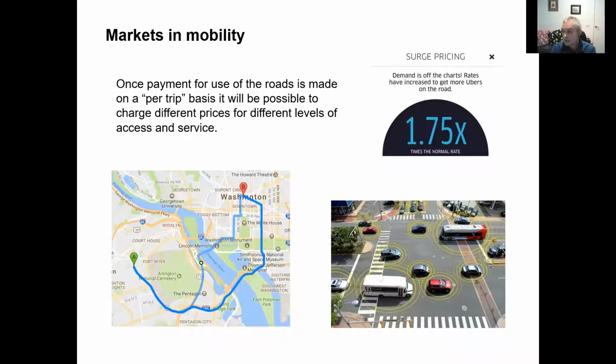And this would be a system built explicitly for this purpose, to be able to enable pricing per trip and the sort of individual management of trips on the roads. So under this model, in the simplest case, we might end up with people who pay more get picked up sooner. The automated vehicle will just prioritise you and come and get you before someone else who's booked at the